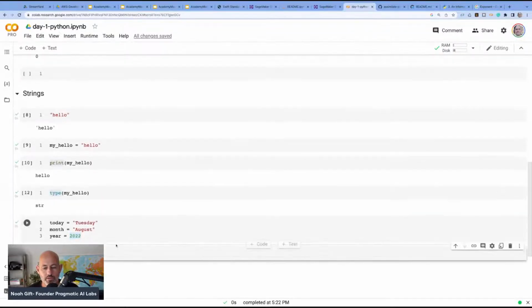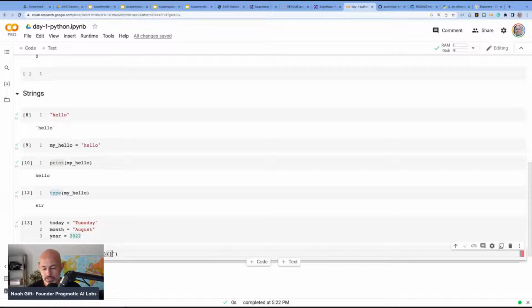So what if I wanted to print all those out and combine them together? Pretty straightforward in Python. What you do is use something called an F string, and you just put the letter F right there, and you would say, this is today's date. Or today, we'll just say this is better. We'll say today is, and we do this, and I can just substitute